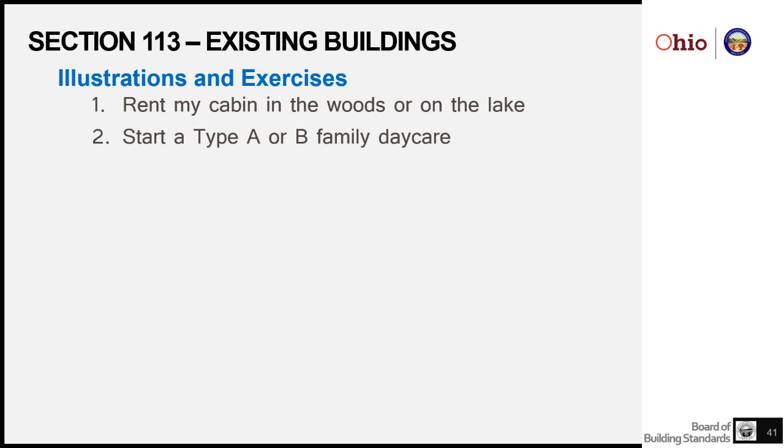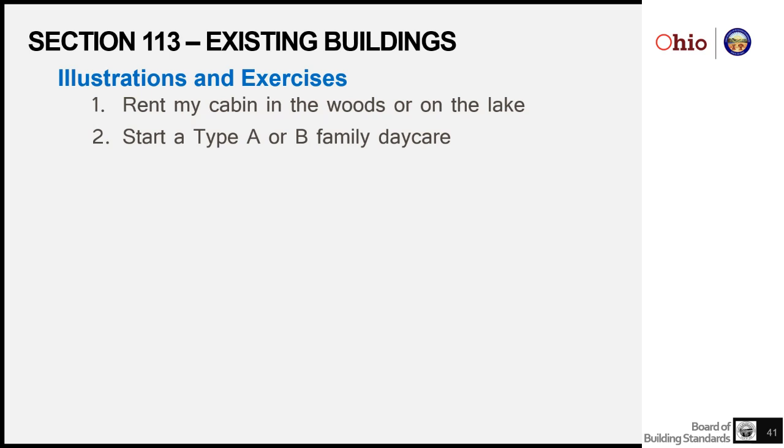And it's going to be an interesting one because, yes, to do a Type A, for sure, and some Type Bs, you need to get a license from Job and Family Services. Part of their requirement is that you have an inspection of your home by a building department, and the building department has a responsibility, and this shows up in 113.7.2 and 113.7.3, to go out and inspect a home, fill out that inspection form, and give it to the homeowner. The homeowner submits that with their application to Job and Family Services.